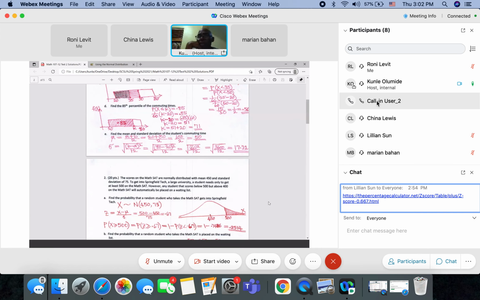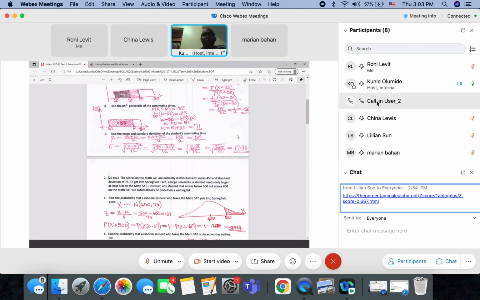There's a standard normal distribution table, and that is what we're supposed to be using. If you use that, you should get the right answer. If you go someplace else and your answer is different from mine, I'm not going to give you full credit for it, especially if the answer is different from what is in the table. I know not everybody's here, but